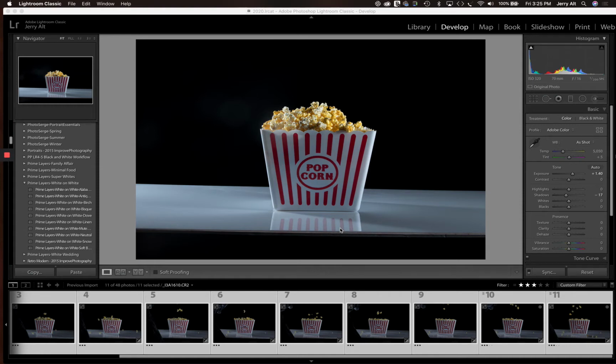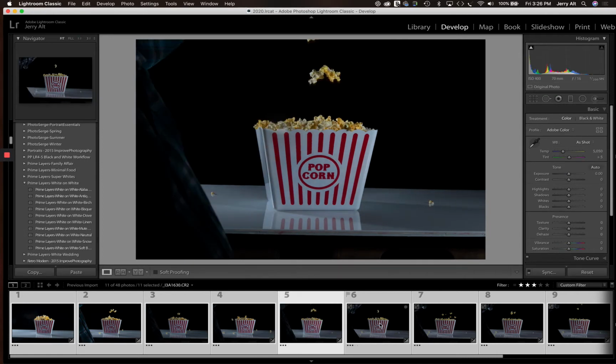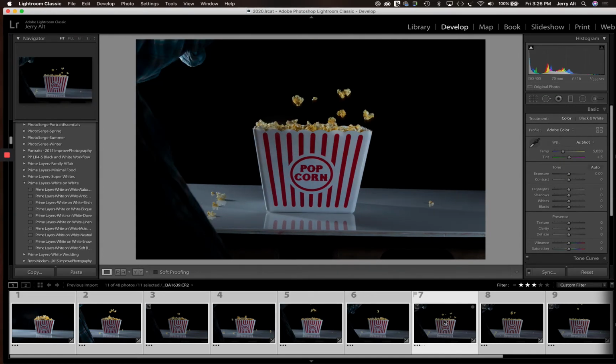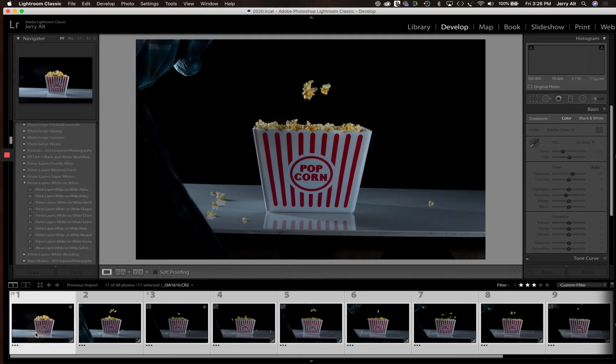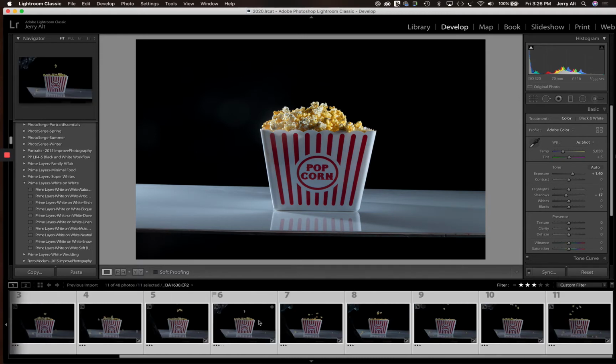So I set it up with a couple of strobes, and as I go through here, I'm going to show you that I took different photos with a remote on my camera as I dropped popcorn back into the bowl. And you can see there's a variety of shots here, my arms in some of them. So what we're going to do today is take that initial picture and we're going to add some action to it. Now the trick here is to go through your selected shots, and I probably took 40 shots, but I've selected 11 here that have some kind of action, and I